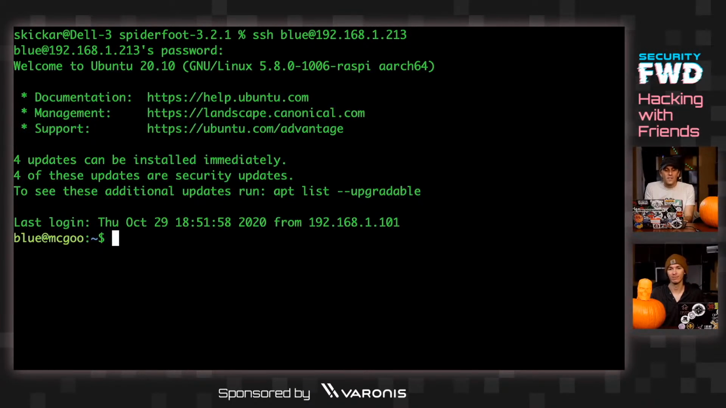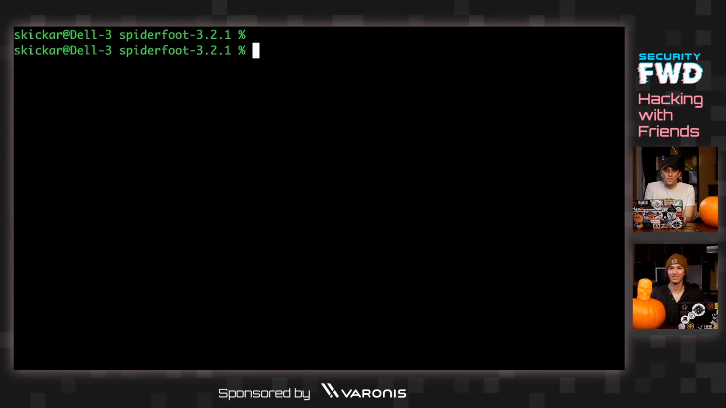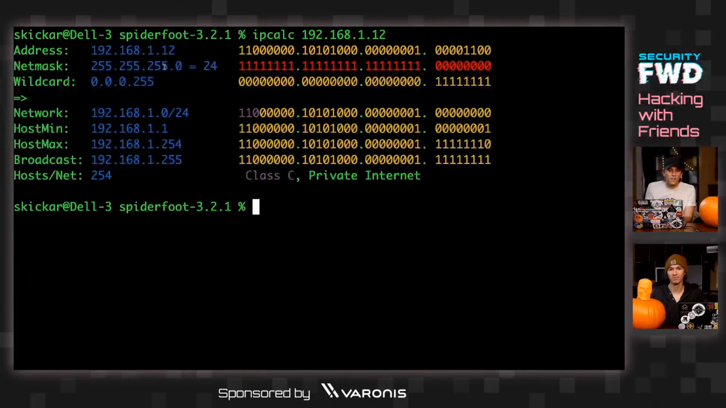In fact, let's waste some time. So if I didn't know the IP address to this, exit. If I didn't know the IP address and I don't want to see a bunch of nonsense, I can basically do a network scan. I know that my IP address is 192.168.1.12 or something. So if I do ipcalc 192.168.1.12 or whatever, then I can see that the network range is 192.168.1.0/24. This gives me everything in the entire network, and I can then do an nmap scan,